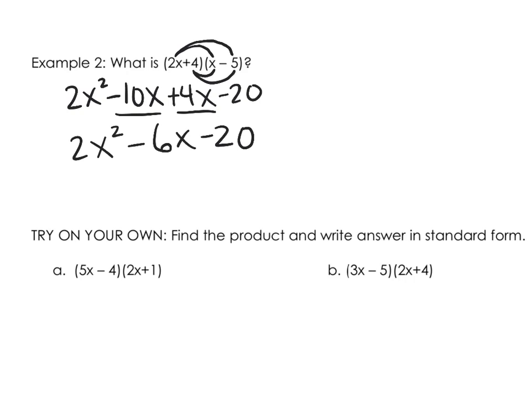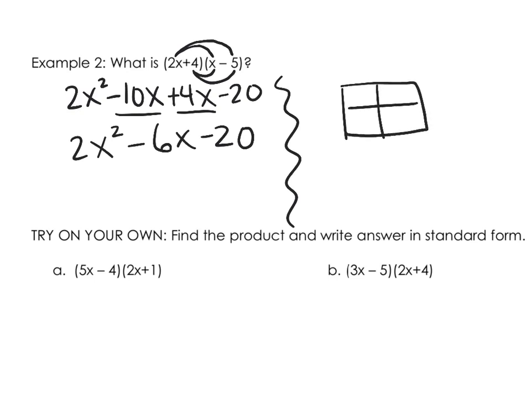The other option that you can do, I'm going to do the same problem another way, is you can use the box method. So I'm multiplying 2 things times 2 things. So I'm multiplying a 2x plus 4 times an x minus 5. You may have seen this before when multiplying something else, or maybe in science you've seen this, but it's the